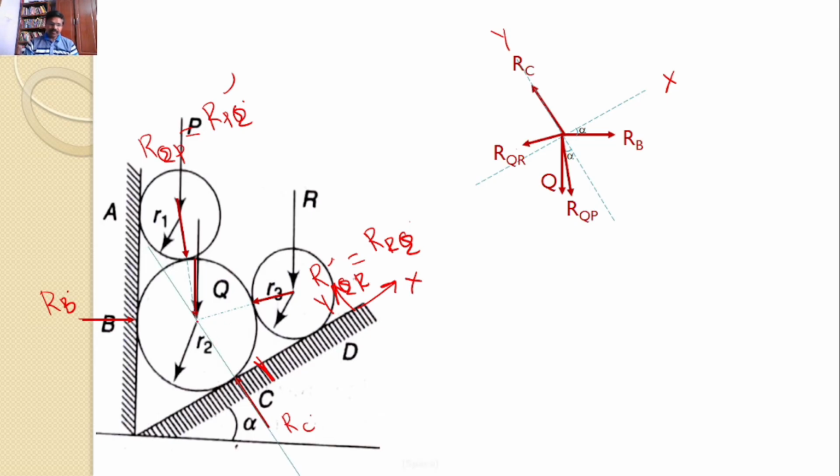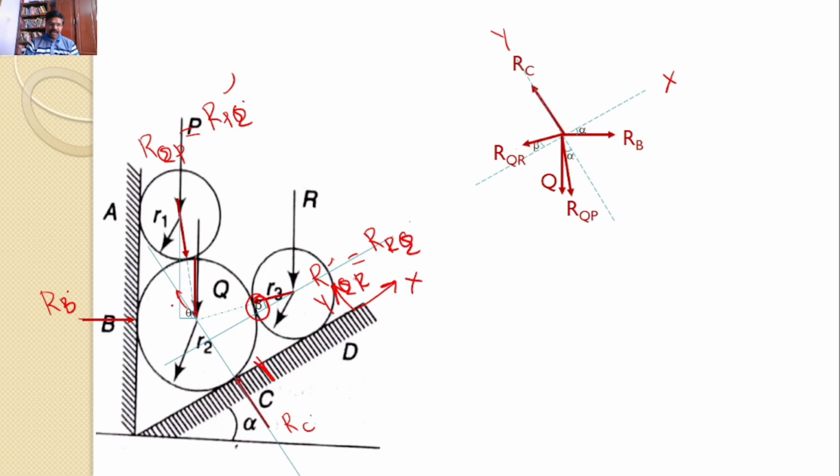Next, just similar to the previous analysis, I am constructing a line parallel to this, and I am constructing a line parallel to this, and this angle makes an angle beta. So this is what we discussed. Here also, this RQR makes an angle beta with the x-axis. Similarly, we have one more force. Now look at this. Just similar to the analysis of the sphere P, I am constructing a triangle here, and this angle is theta. This is what we discussed.